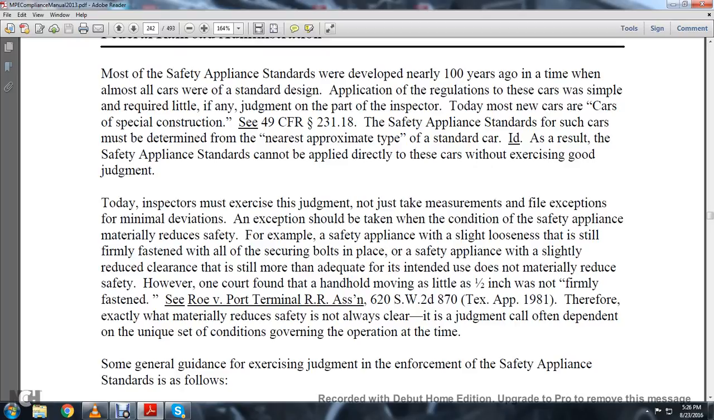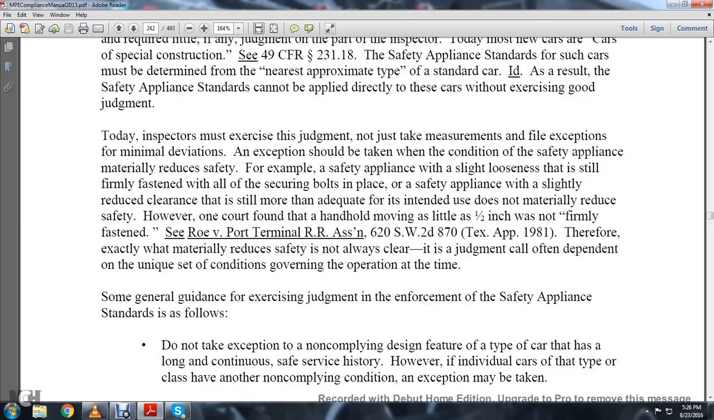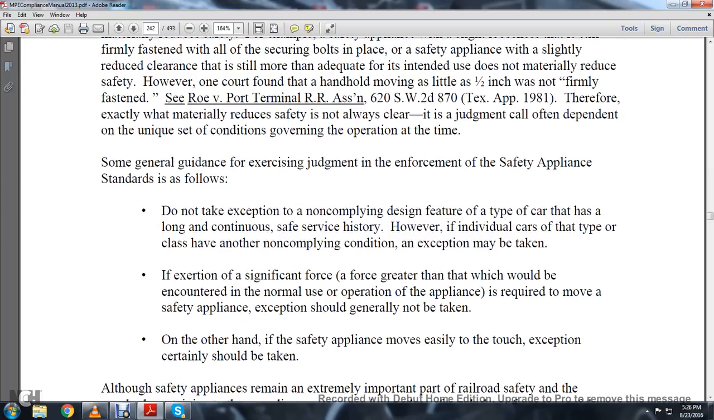Therefore, exactly what materially reduces safety is not always clear. The judgment call often depends on the unique set of conditions governing the operation at the time. Some general guidelines for exercising judgment in the enforcement of safety appliance standards are as follows. Do not take exemptions for non-complying design features for a type of car that has a long